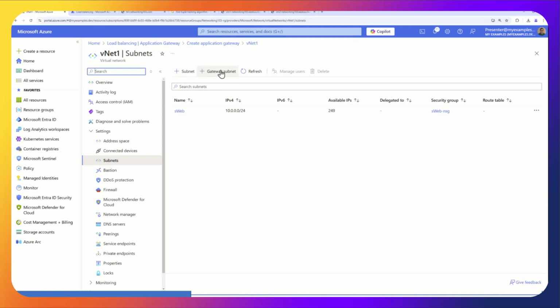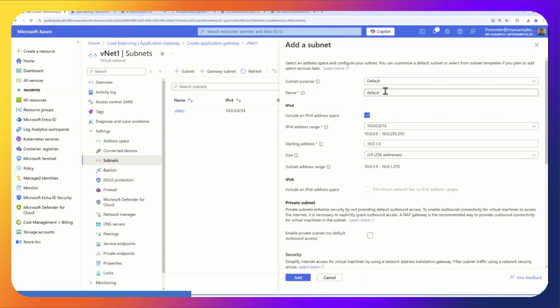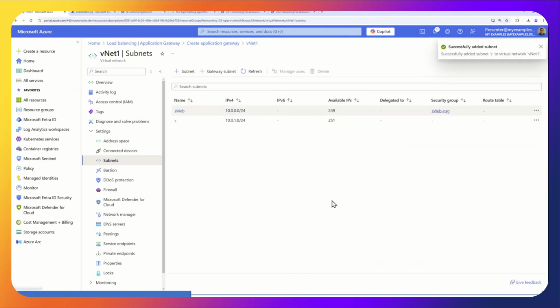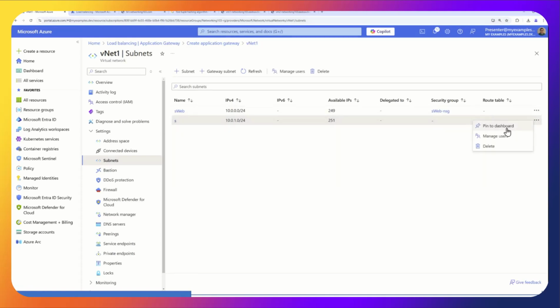And you don't want to click this. This is creating it a different way. So I'm going to go subnet. I don't want it to be called default. I'm going to call it subnet app gateway. And I'm going to hit add. I'll give it a second. Now, when I'm in this wizard, it's a little confusing where you are because I went to another place. I clicked the link. Oh, I called it S. I must have.